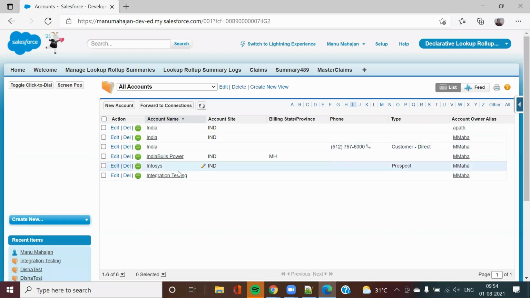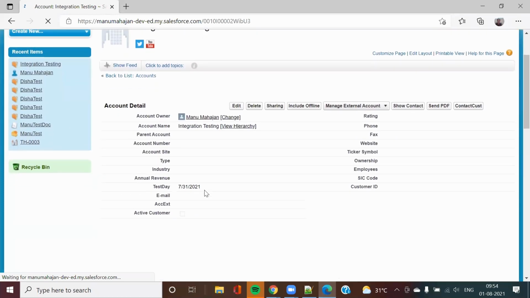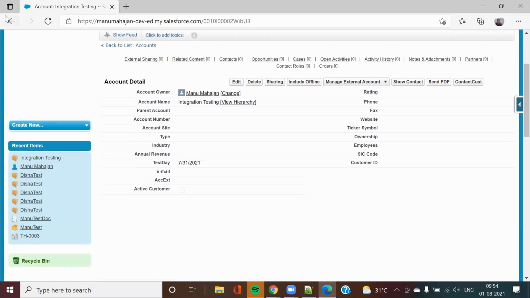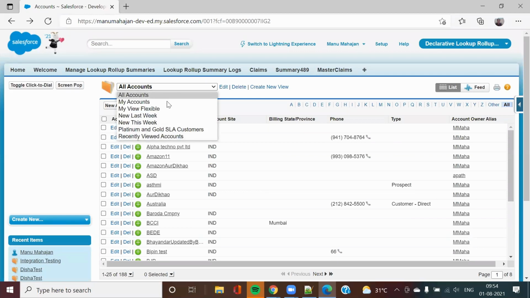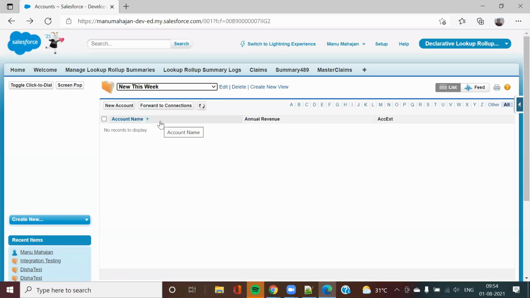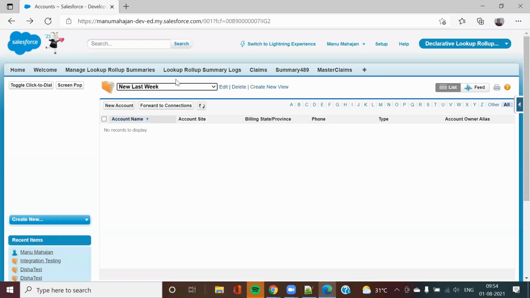Okay, this we can check later. So I can show you this one example I did yesterday. This was integration testing. If you see, just one minute, let me show you yesterday's example.